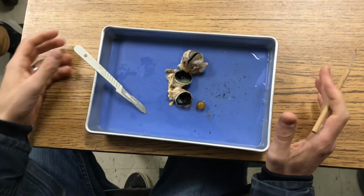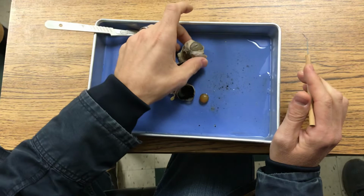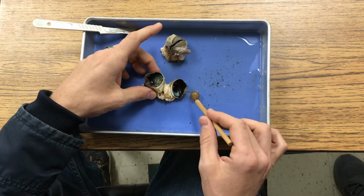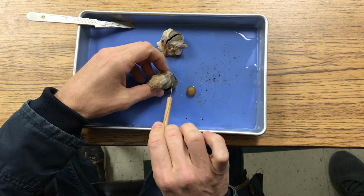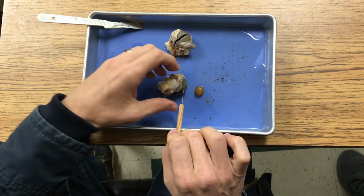See, you can't see all of them, but you can see quite a few of them. Okay, so this is a sheep eye that was previously cut in half. All right, and I cut through the cornea, which is normally clear, but the preservative makes it all cloudy. But there's the cornea,